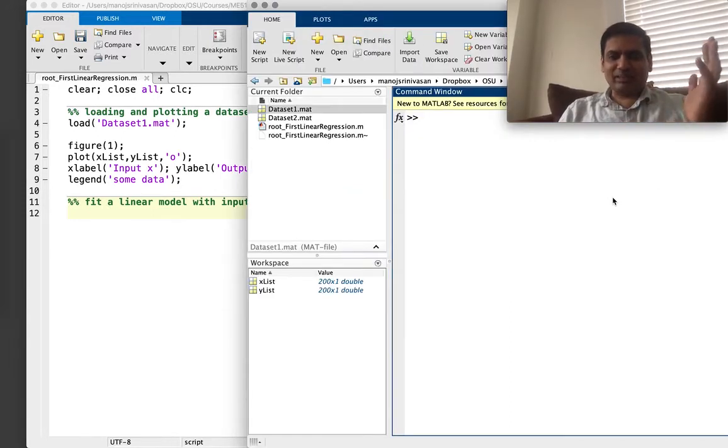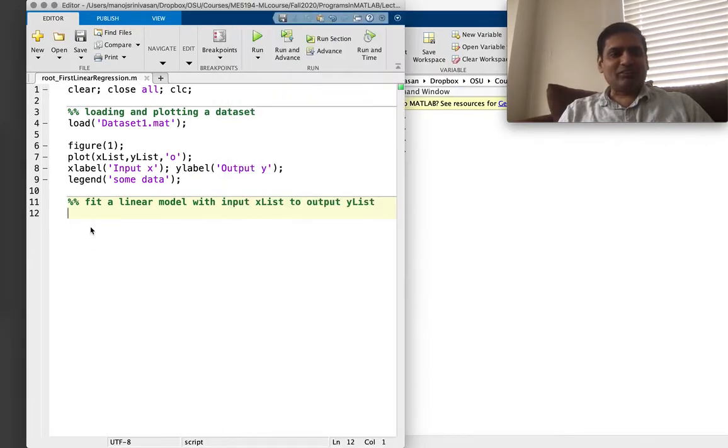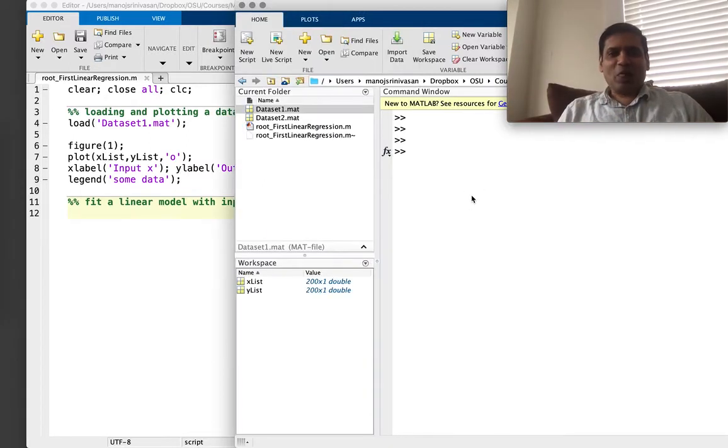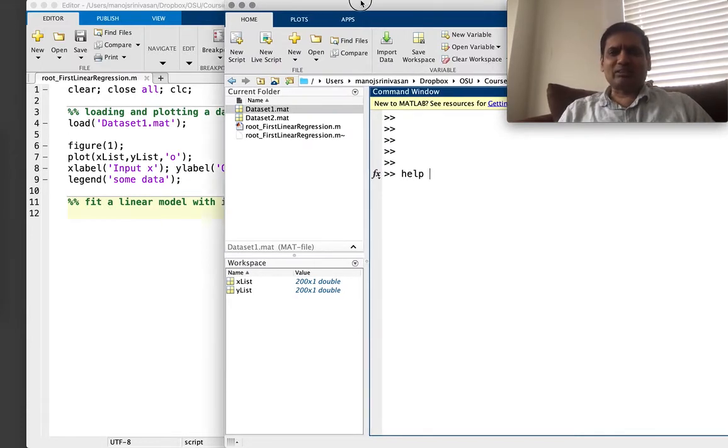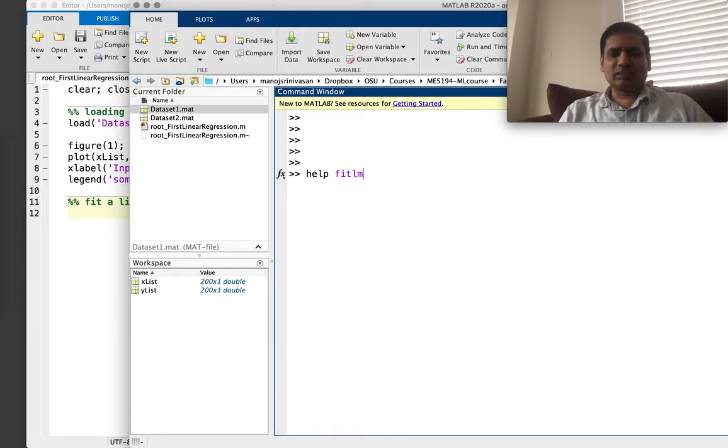It turns out that Matlab has so many different ways of fitting a linear model, maybe 5, maybe 10 different functions. I don't know. I can certainly think of 4 right now that do this job and will give you essentially the same answer. And there's a few more that will give you slightly different answers. In any case, one such command is called fitlm, fit a linear model. Then if you go help fitlm,